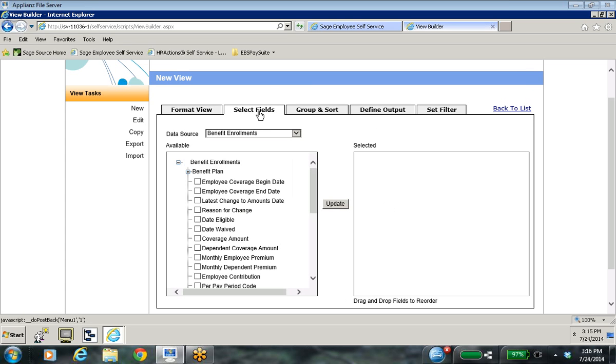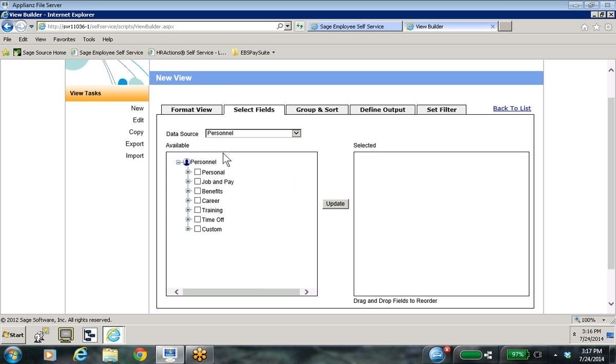And we go and select our fields. So here's all of our data sources that you can see. We have our benefit enrollments, course catalog, which comes from the train module, if you have the train module, pay history, personnel, and then required courses, which also comes from our train module. So in this case, we're just going to do one from personnel. And we can open up one of these and choose